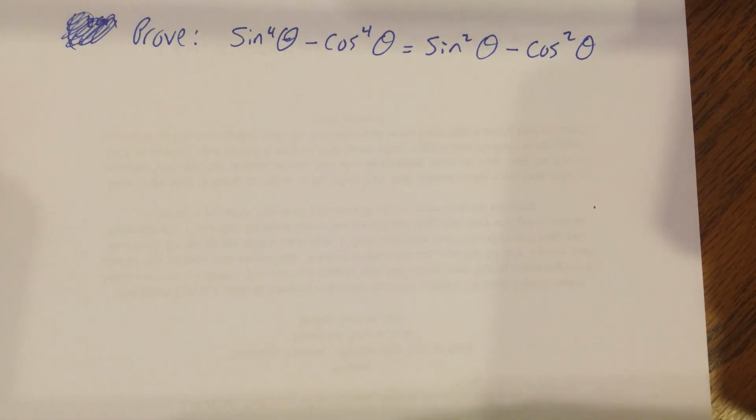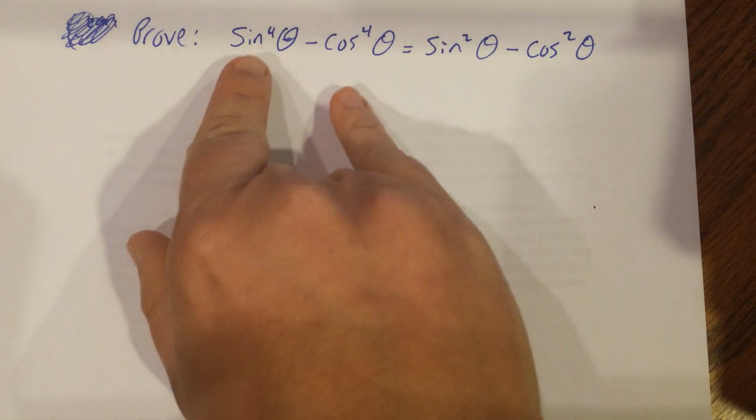Okay, so let's try this one. So we want to prove sine to the fourth minus cosine to the fourth equals sine squared minus cosine squared. Few ways I can do this, but I'm going to look at this and notice that this is